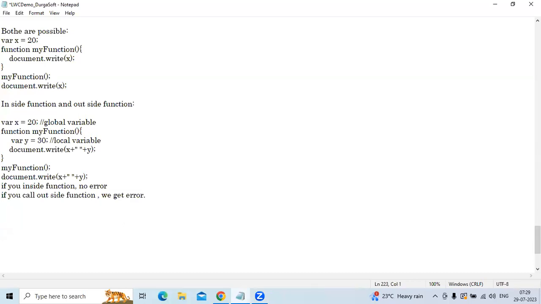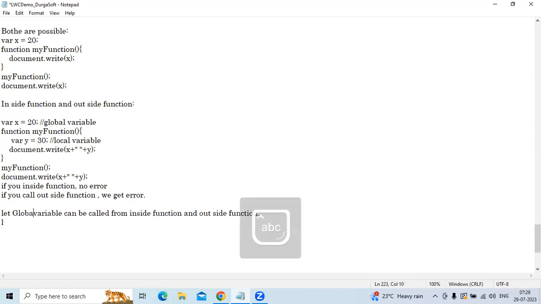We can say a let variable can be called from inside the function and outside the function. Let, a global variable, is the same